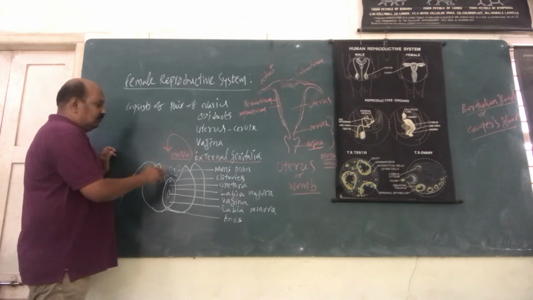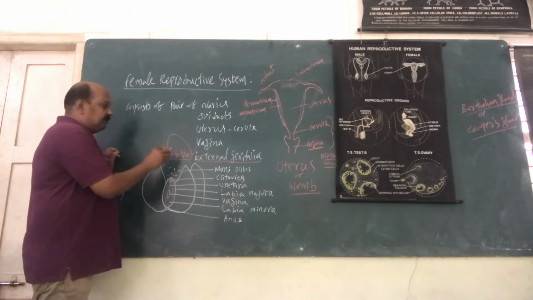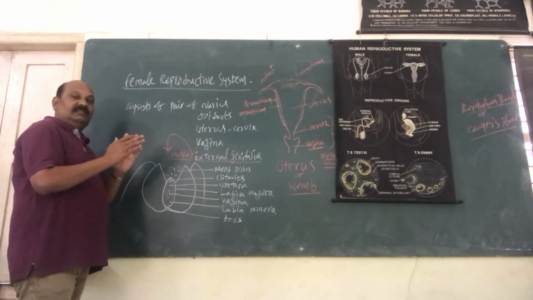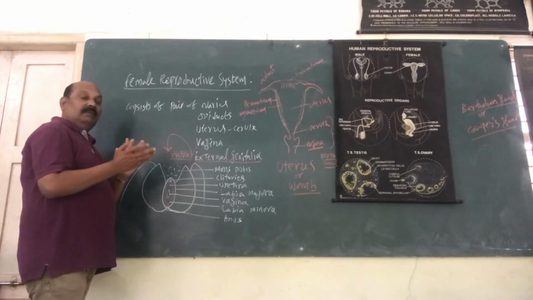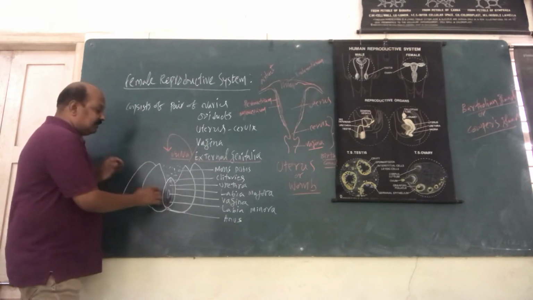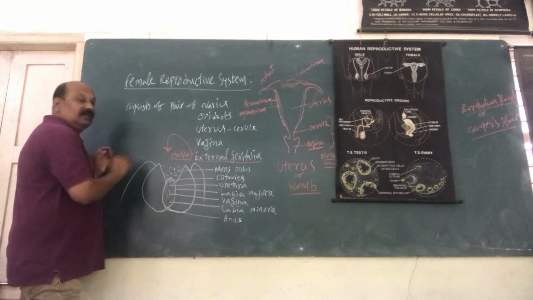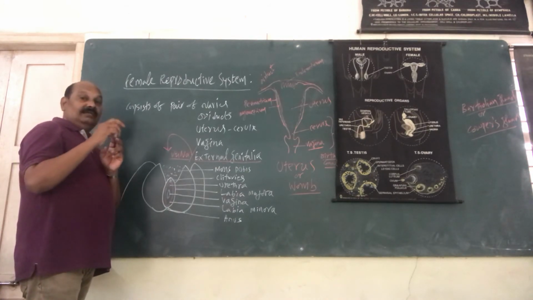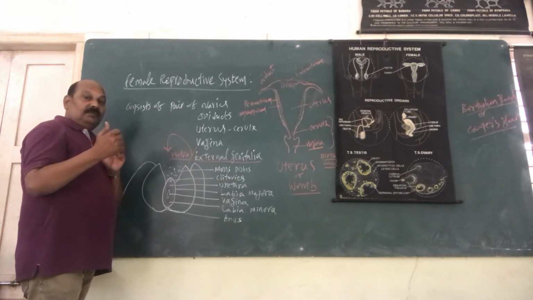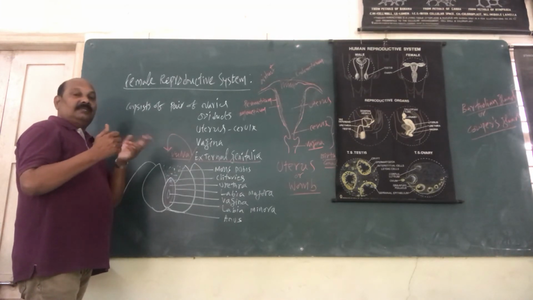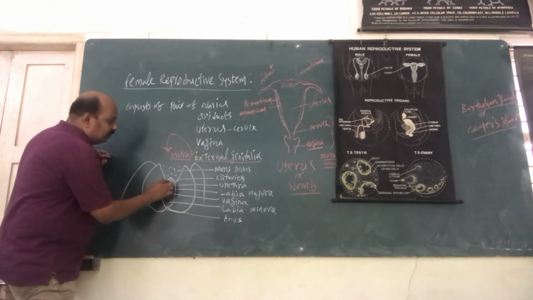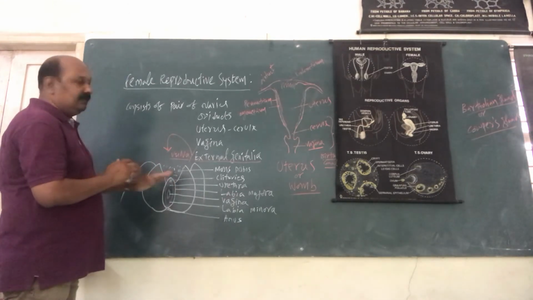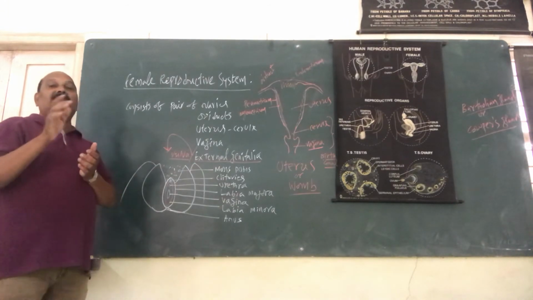Once again, I will explain. The part where the pubic hair appears is called the mons pubis. Then two lips covering the vaginal aperture: labia minora and labia majora. Centrally is the vagina. Above the vagina there is a urethral aperture. One point is very clear here: the reproductive aperture as well as the urinary aperture are totally different. Above that is the clitoris.